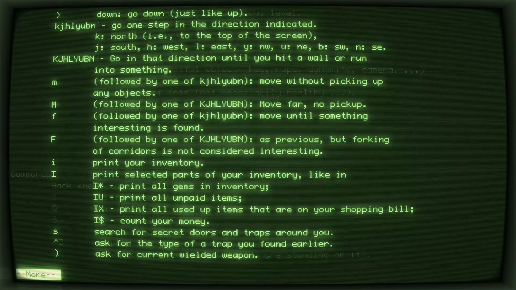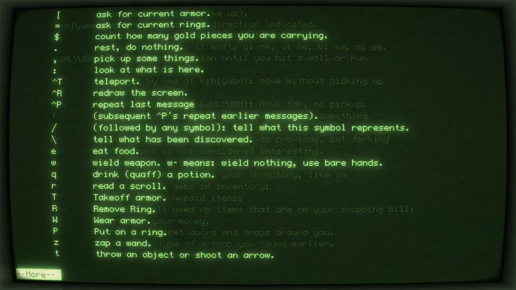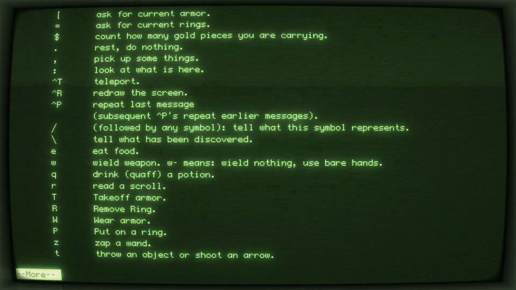Okay. Movement is only handled through the Vim-style controls, so you do have to kind of get used to that. You can't use the numpad or arrow keys in this game, so you have to use H, J, K, L, etc. for moving in various directions. If you want to move without picking up, you can use M. Anyway, I'm not going to read all of this, but you can read more at your leisure.